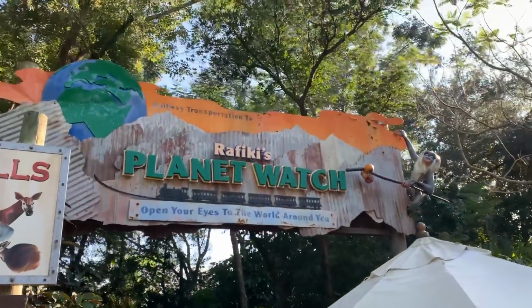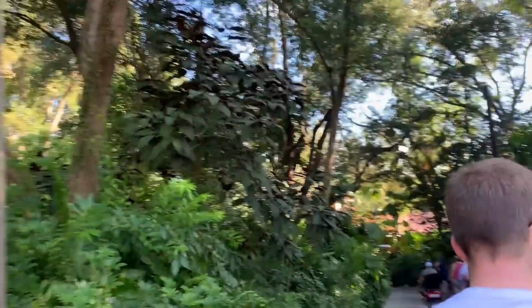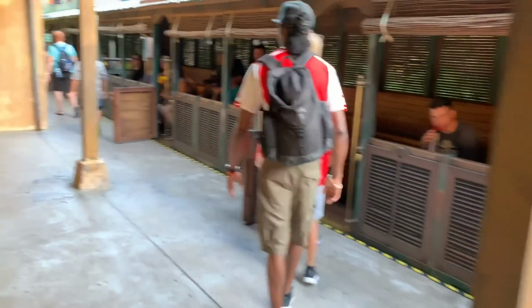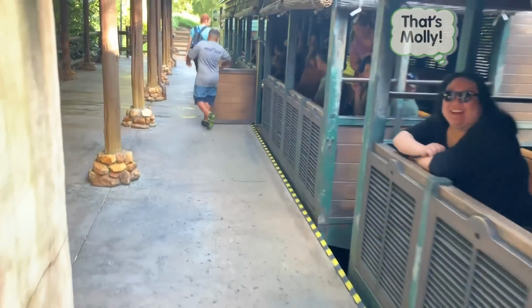And now I've scooted over to Rafiki's Planet Watch, getting ready to board the train because I'm headed up to the animation experience, which is one of my favorite things at Animal Kingdom. So timing worked out on my side because to get up to the animation experience, I do have to get on this train to go up to Rafiki's Planet Watch. So I'm glad that it was here right when I also